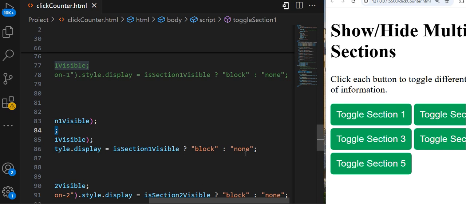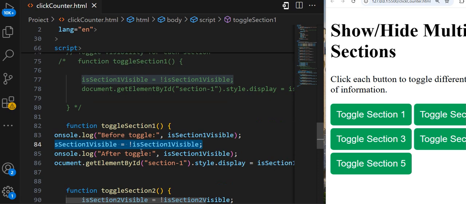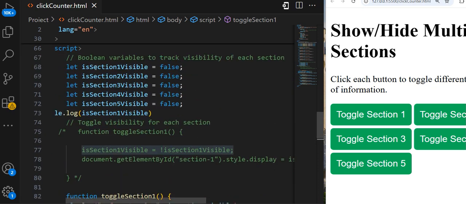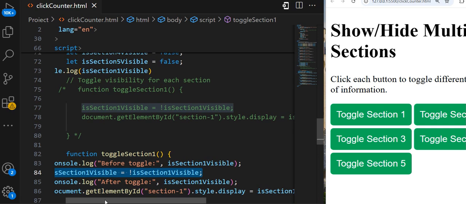If it is false, I don't want to display this block. The idea is that initially it is false. Do you see here isSection1Visible equals false, but when I enter this function,